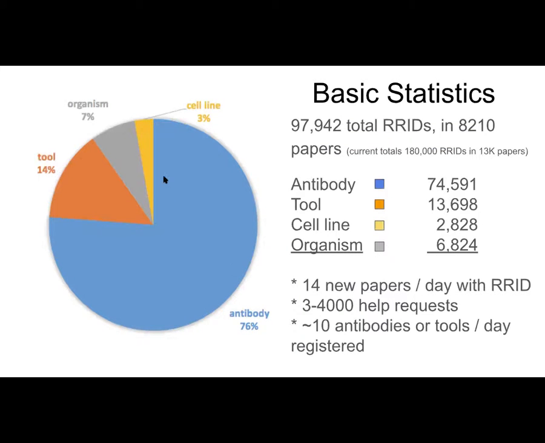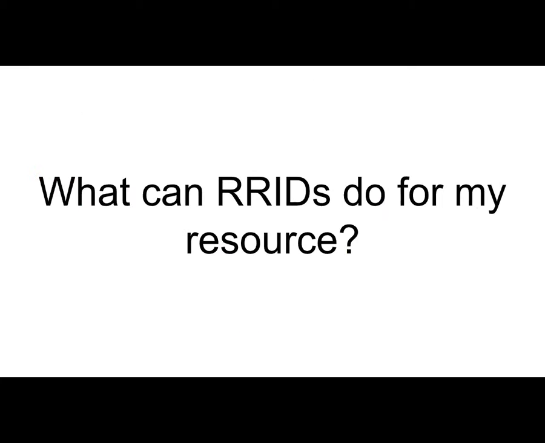The overall project statistics appear that about 76% of the RRIDs are actually being used for antibodies. But the cell lines, in 2018, this was tested in 2018, so things have changed. Generally speaking, cell lines at that point were about 3%. We're expecting that to be probably around 5% currently. But this is essentially what we're starting to see. Certainly, the cell line portion of this is growing, and it certainly will grow within endocrinology publications.